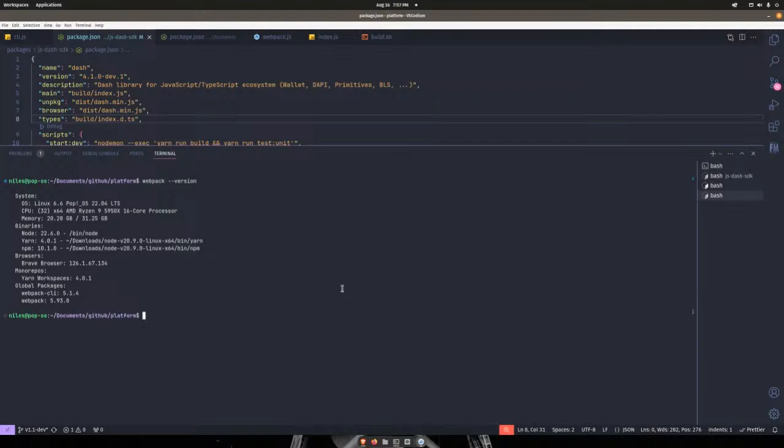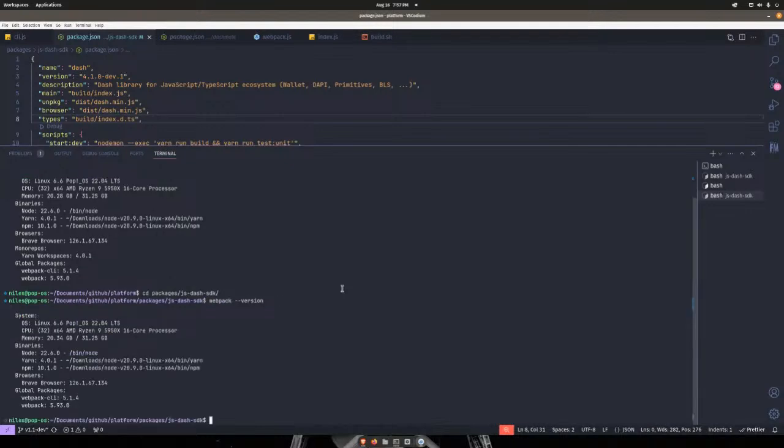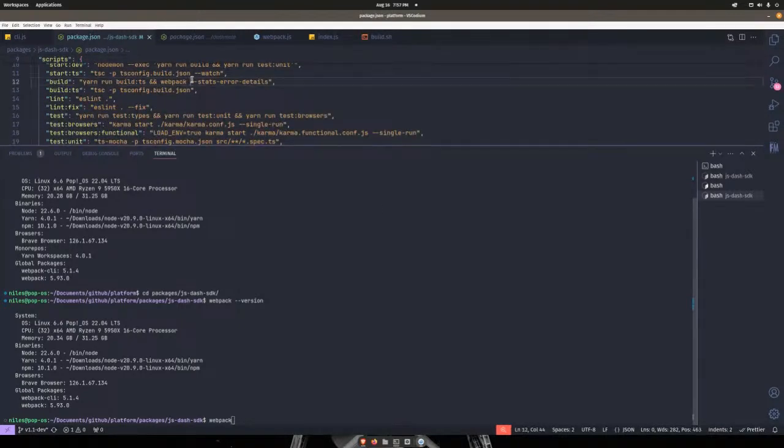That's just Webpack CLI deciding to give you everything. But Webpack must be working. When I go into packages and I go into JS SDK, and then I do this, okay, it still works. But when I do Webpack and I want the stats error details for some reason,